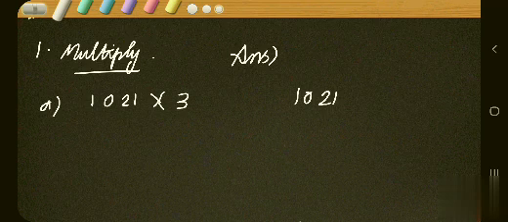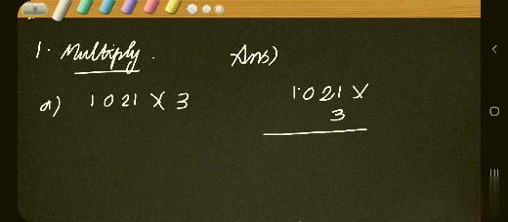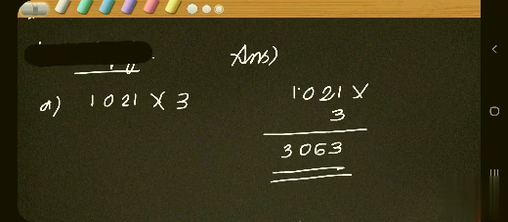As a beginning please rub 23 and write 3, that's enough. This is as a beginning. Let's try this one digit multiplication. Okay, 1021 into 3. First we have to multiply 3 by 1, isn't it? 1 3s are 3. Now we have to multiply 3 into 2, isn't it? 2 3s are 6. Then we have to multiply 0 into 3. 0 into any number, what is the answer? Yes, 0. Then finally we have to multiply 1 into 3, isn't it? 1 3s are 3. So what is our final answer? 3063. Okay.